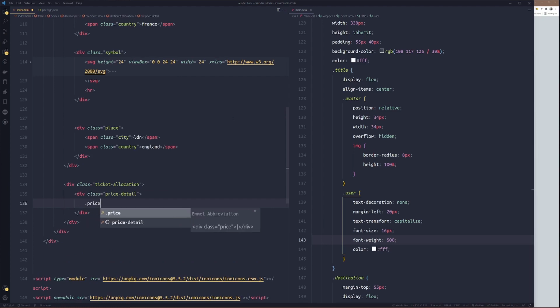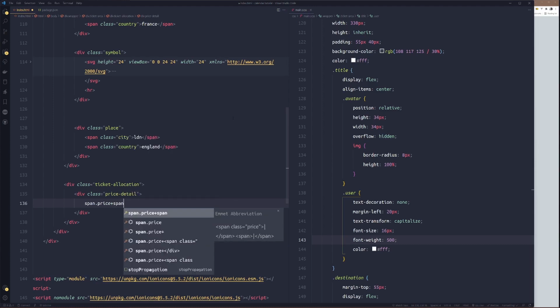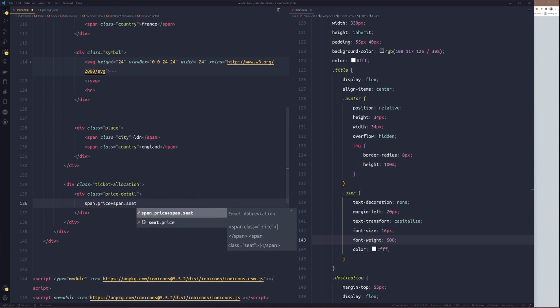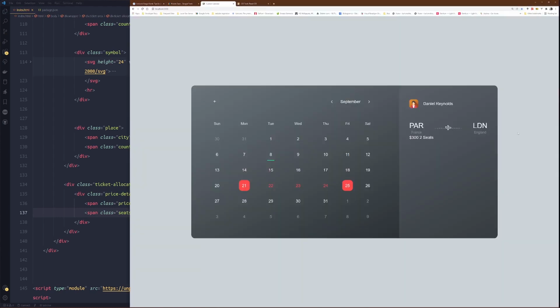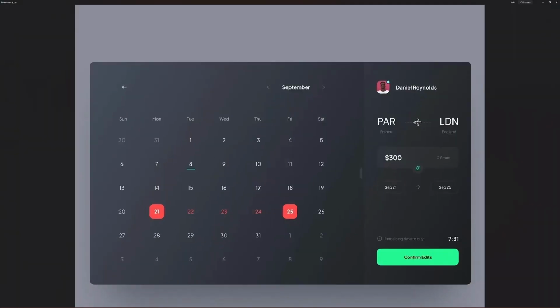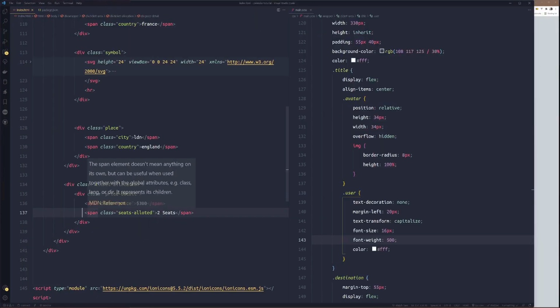Then price and the span class, seats allotted. So the price is $300. Then the seats allotted will be 2 seats. Okay. All right.